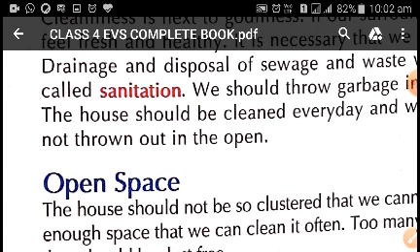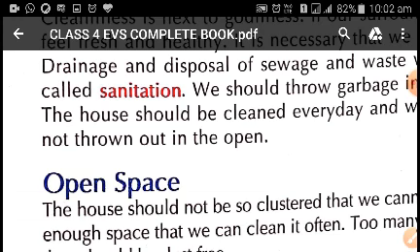So we should always be careful while disposing of the garbage. Sanitation: an ideal house should have a proper drainage system to remove the dirty water. So children, whenever we build a house, we take care of a few things which are very important for an ideal house.